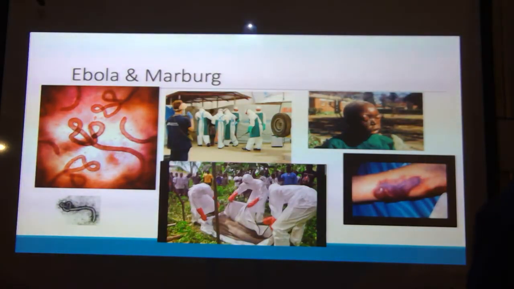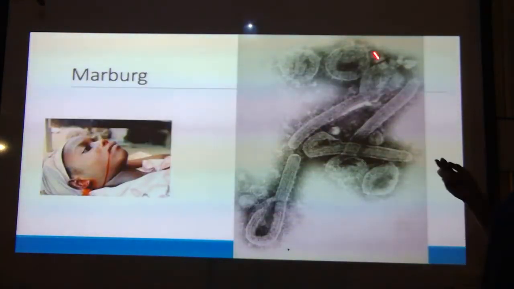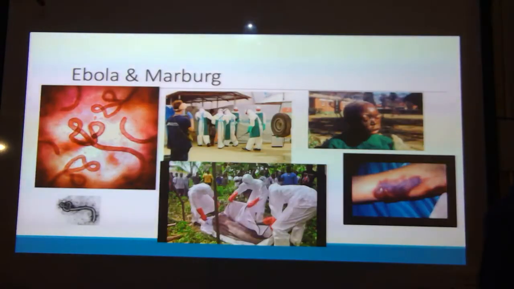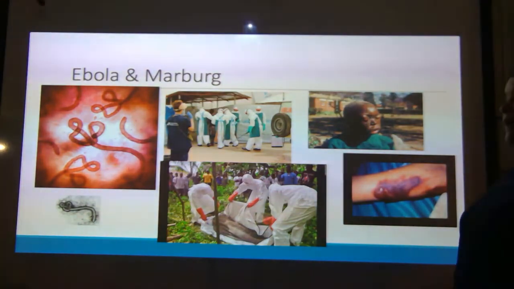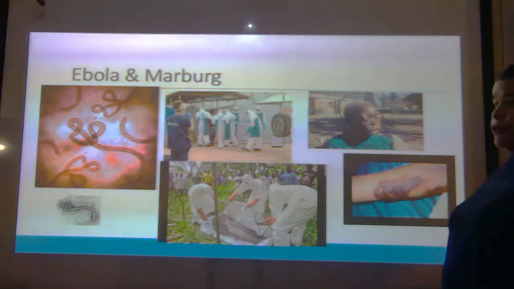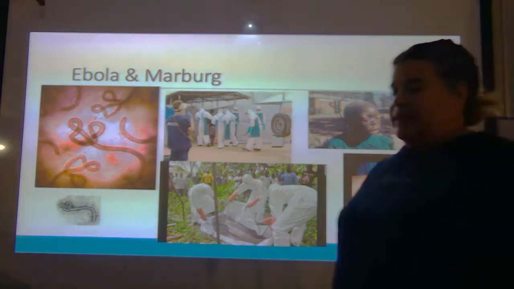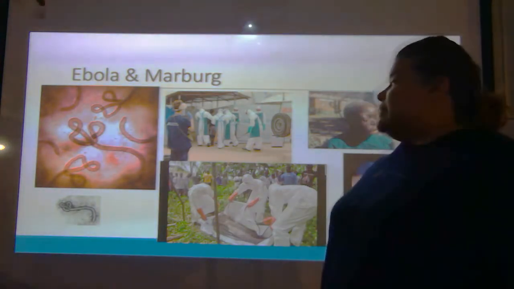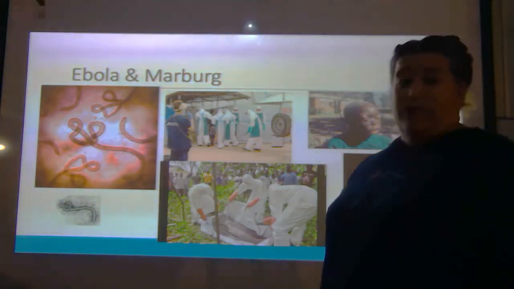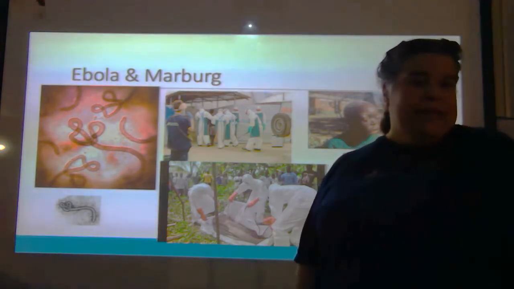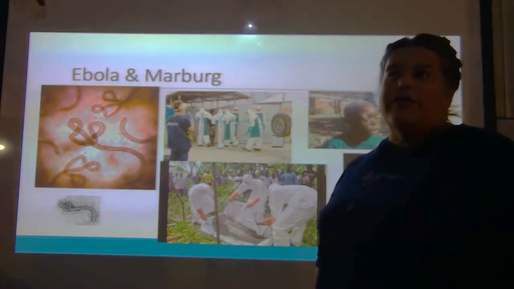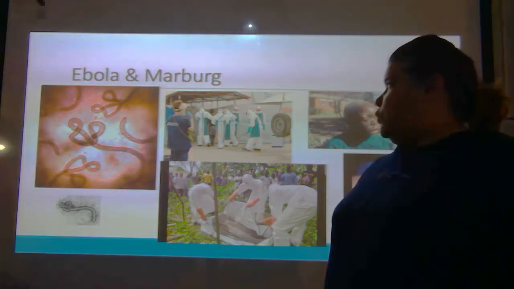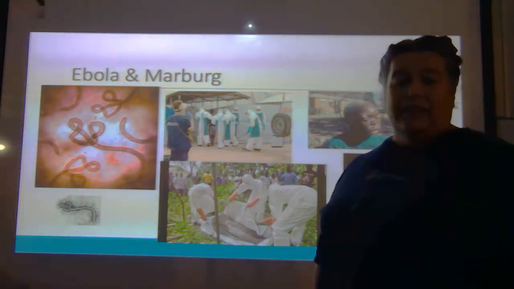Ebola and Marburg. This is Ebola. This is what the virus looks like. This is Marburg. Both of these diseases are hemorrhagic diseases. And when Ebola first came onto the scene and they realized it was there, they did mistake it for Marburg. This disease is awful and it causes such severe hemorrhage that people will bleed to death from the